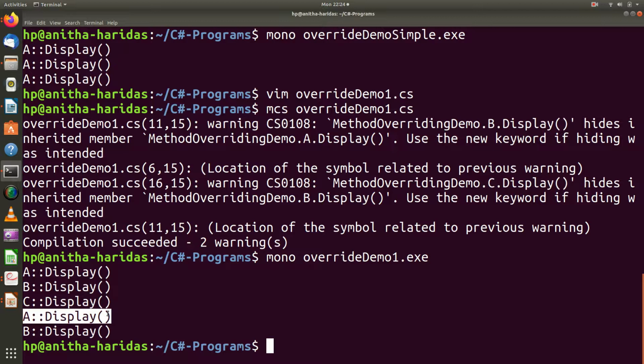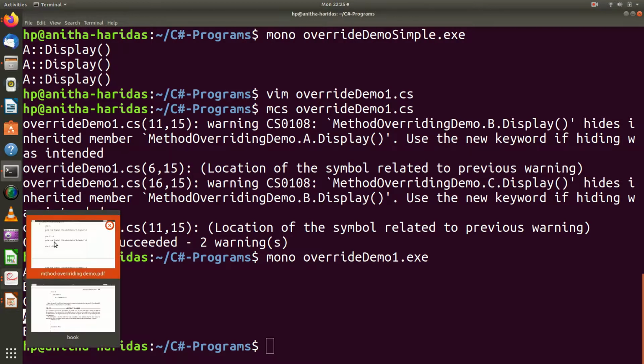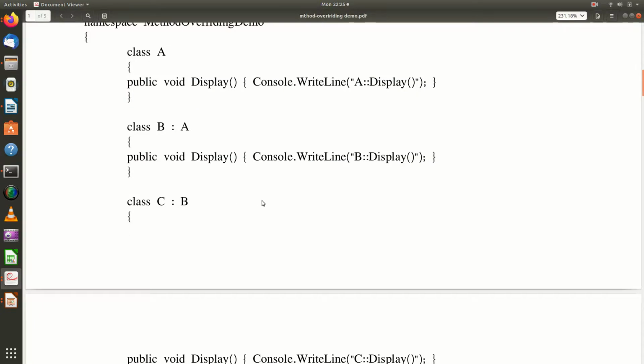In the second case, I am having C object, but the reference is of class B. So class B reference invokes only B's display method. So this is the thing that you have to remember in the inheritance.